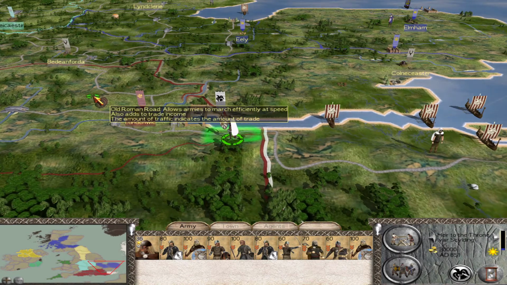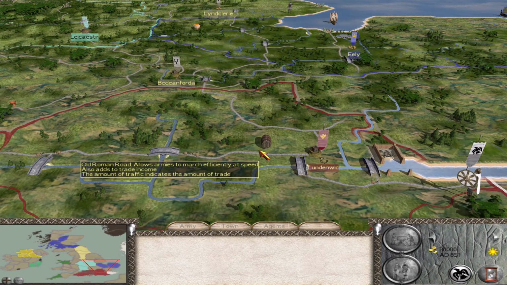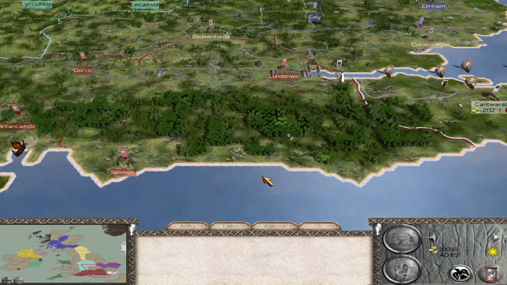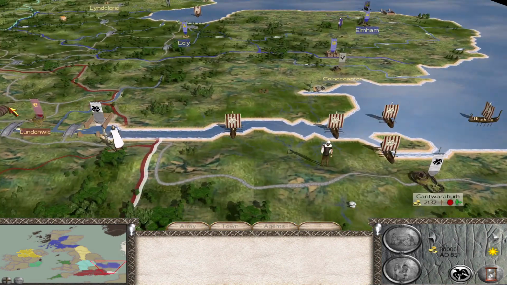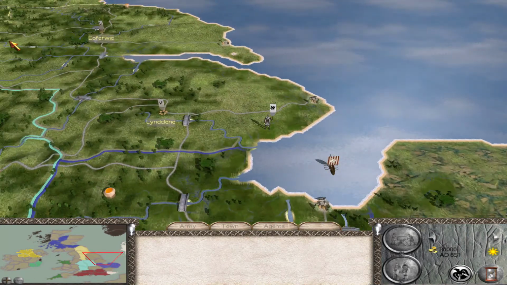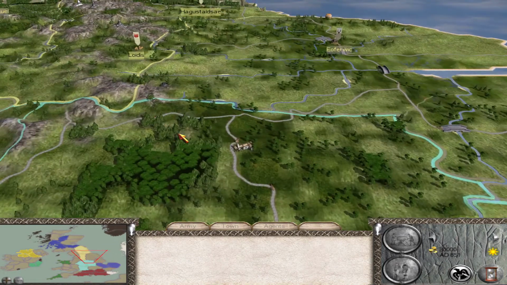Probably it's not fortified. We have also very beautiful markers on the map, such as the old Roman road, which allows armies to march efficiently at speed and also adds to trade income. And there is also meat, which does not exist in other mods. It's a valuable trade resource, with the barrow that we see. It's very beautiful, and also, if I'm not mistaken, yes, honey, a valuable trade resource,